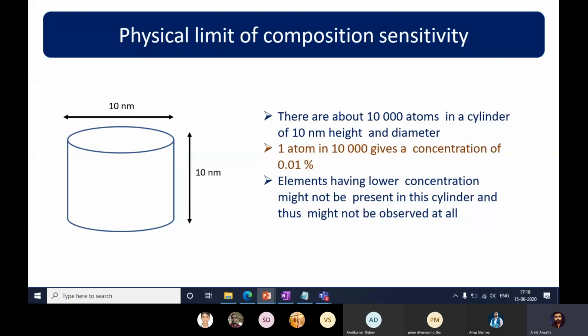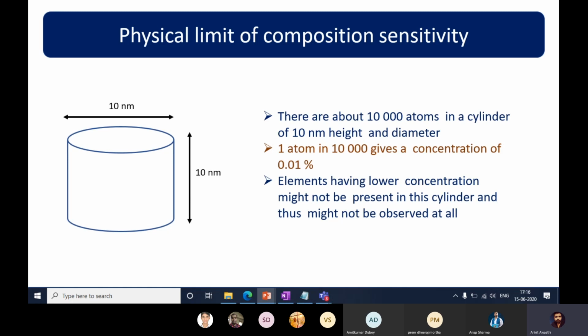So let's say we have a spot size like this, and with this spot size we are trying to analyze a cylindrical volume. It has a diameter of 10 nanometers and a height of 10 nanometers, and we are trying to analyze the atoms present in this cylinder. If we calculate the number of atoms, let's say we have 10,000 atoms inside this cylinder. If we consider one atom for analysis among these 10,000, we say that we are analyzing 0.01 percent